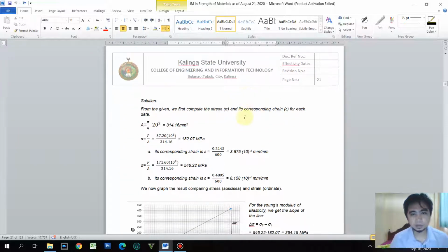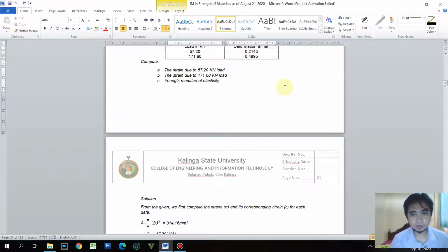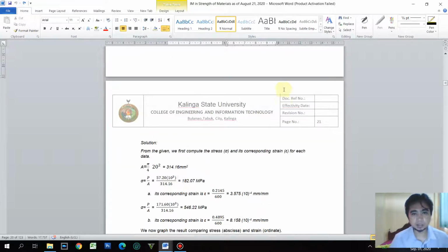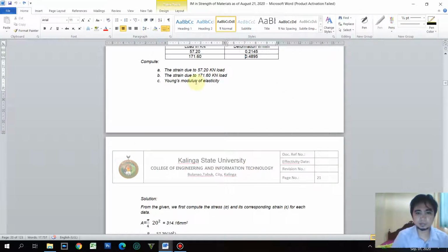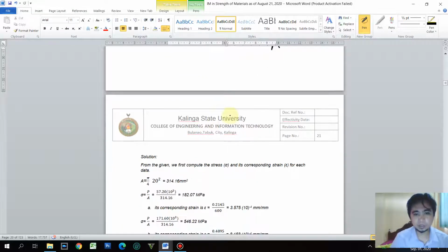Okay. So here, of course, the formula that we know is sigma is equal to P over A. And then from this, we will first determine the stresses that correspond to these recordings. Okay, so for 57.2 and 171.6, we need to determine the area of